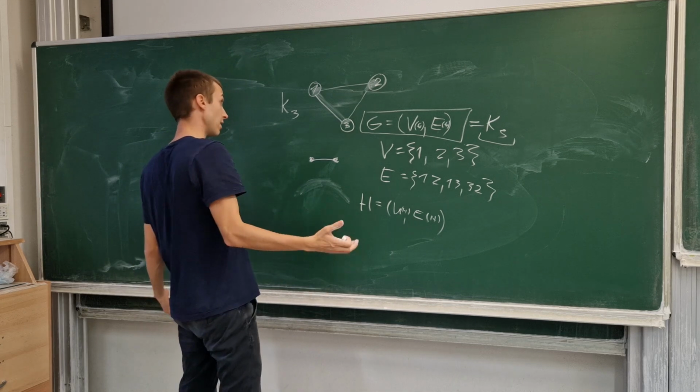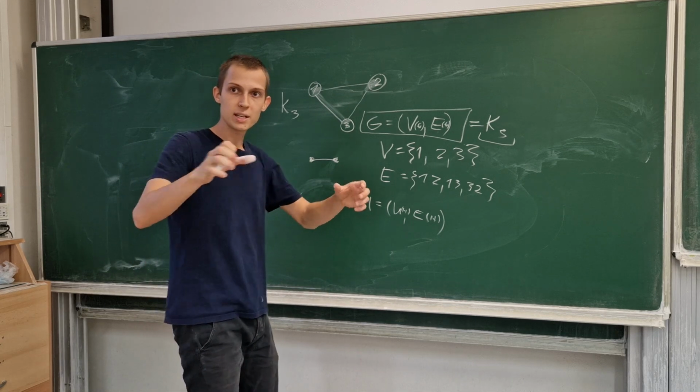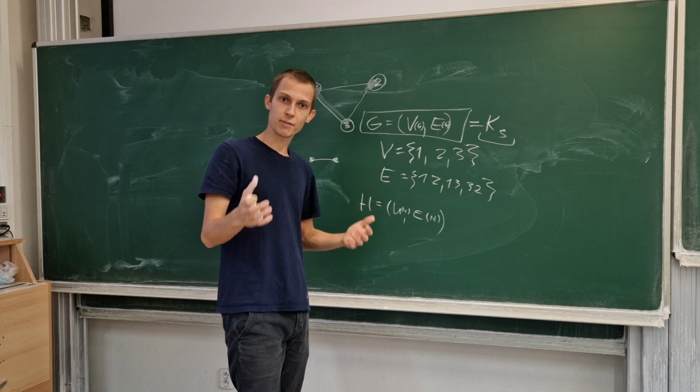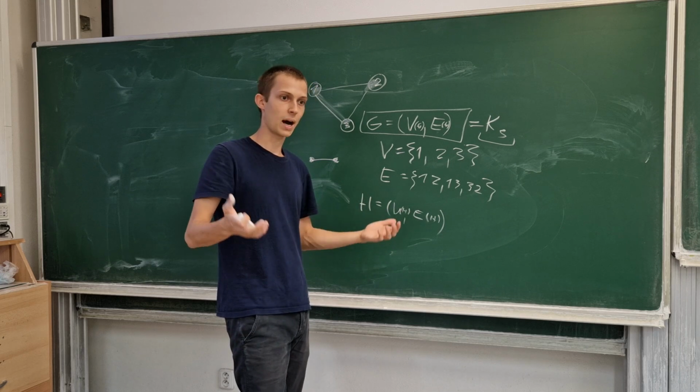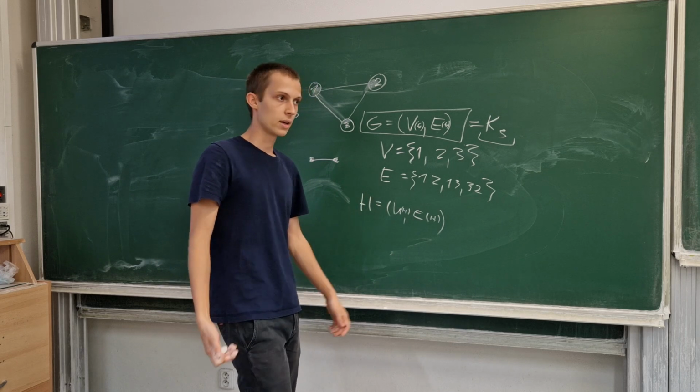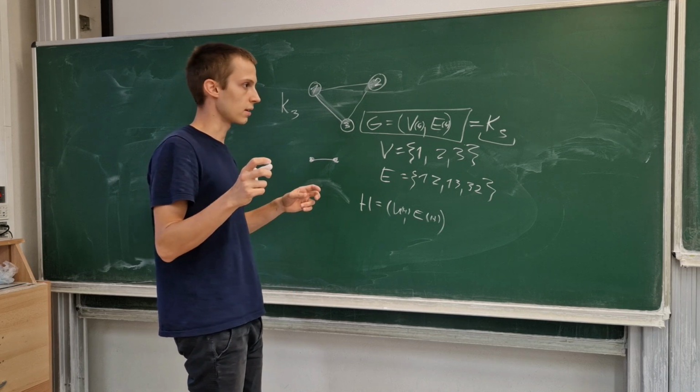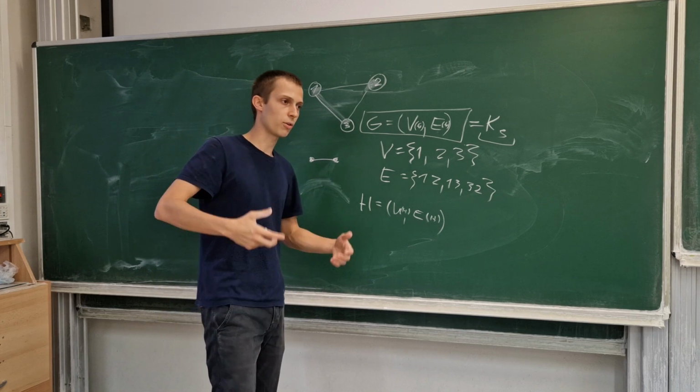So if it has 3 vertices, the way we can have 3 vertices like this and have all connected to each other is by having them as a triangle. It's also a piece of this